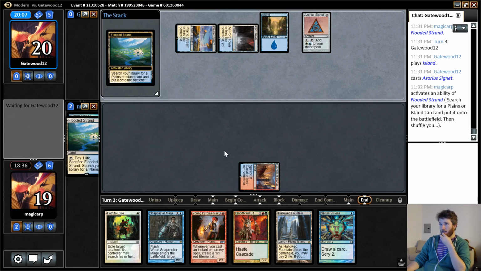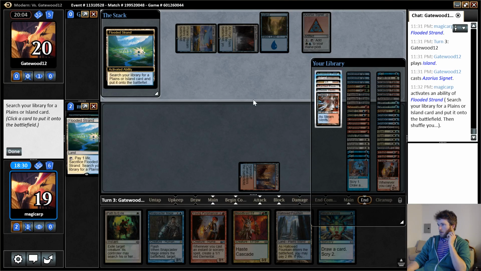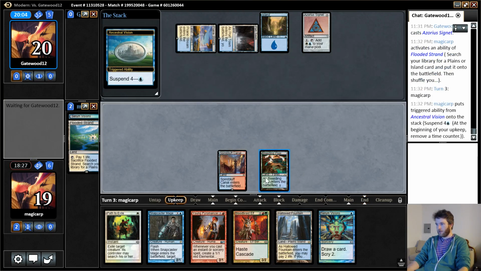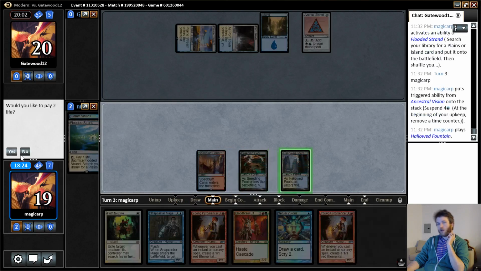This is where I wish we had a Temple Garden. Temple Garden's a good fetch here. I kind of went back and forth on if I wanted it over the Hallowed Fountain. So it's hope they don't have a counterspell. But every counterspell they use is a counterspell that isn't on Ancestral or...